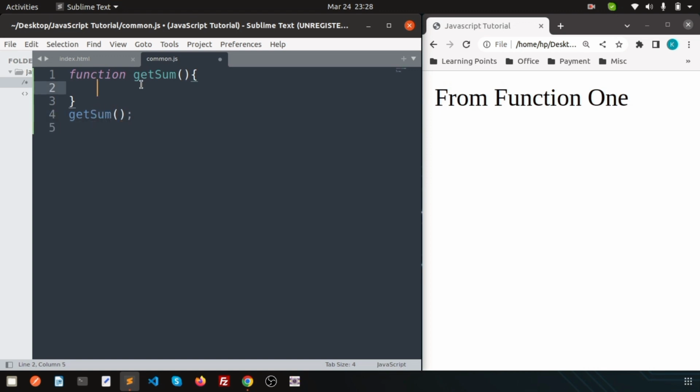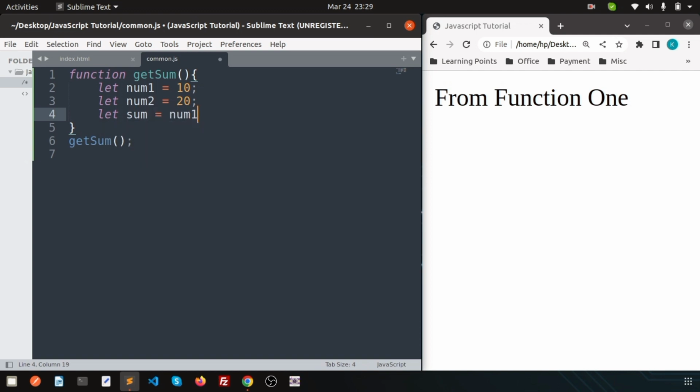So this is getSum, and now I have two values where I am using let. We already know the let concept. So let num1 equal to, suppose, 10, and let num2 equal to 20, and let sum equal to